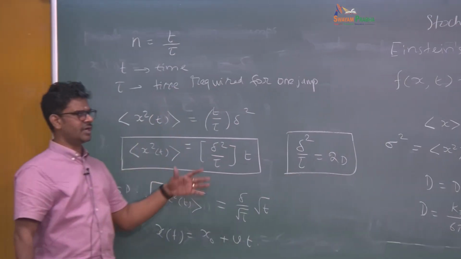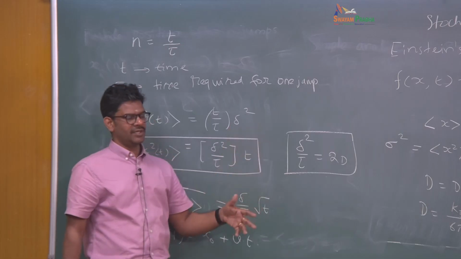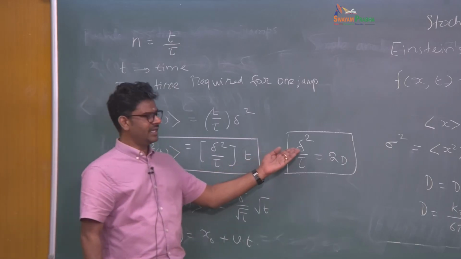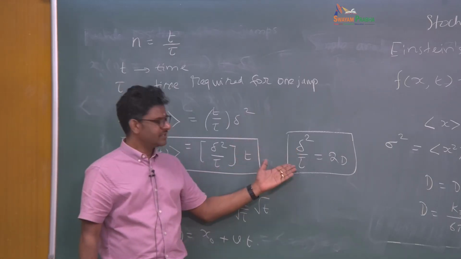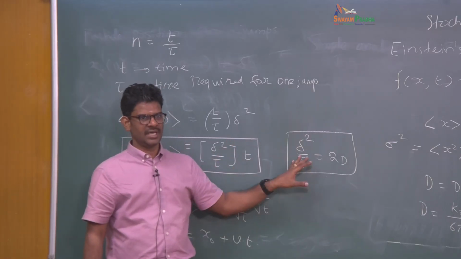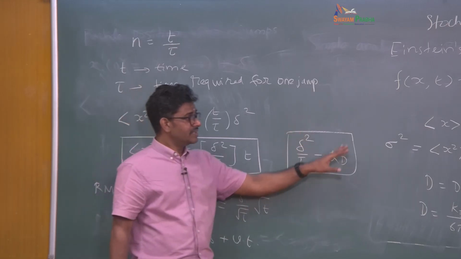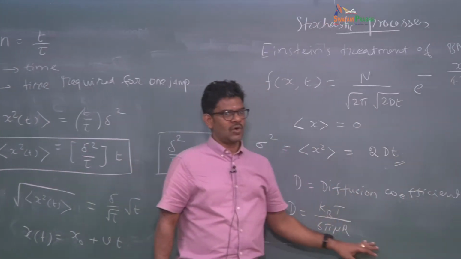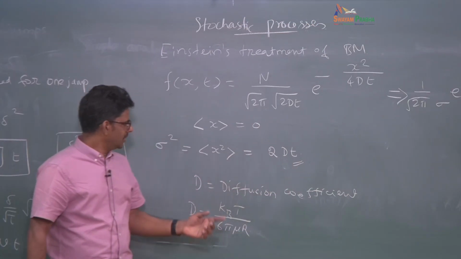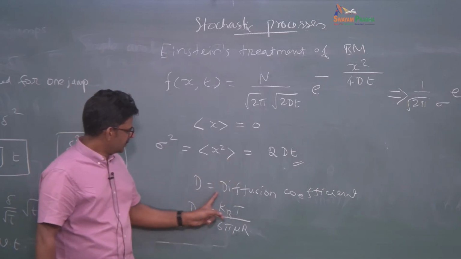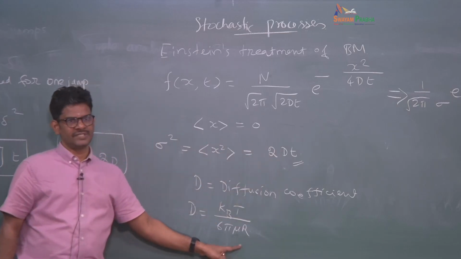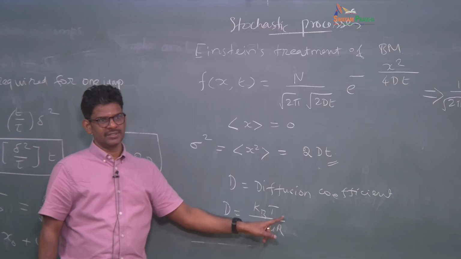In this treatment, we did not take into account the properties of the particle or the medium viscosity or temperature. We did not say anything. We said one physical quantity delta which will determine the step size, another physical quantity that says how much time it will take to jump. These are arbitrarily fixed quantities. We did not associate any physical character to this, but Einstein's derivation did account for all the physical aspects of the solvent as well as the particle, because of which he was able to show that the diffusion coefficient which factors in the mean square displacement could be related to the physical aspects of the solvent, temperature, and the particle size.